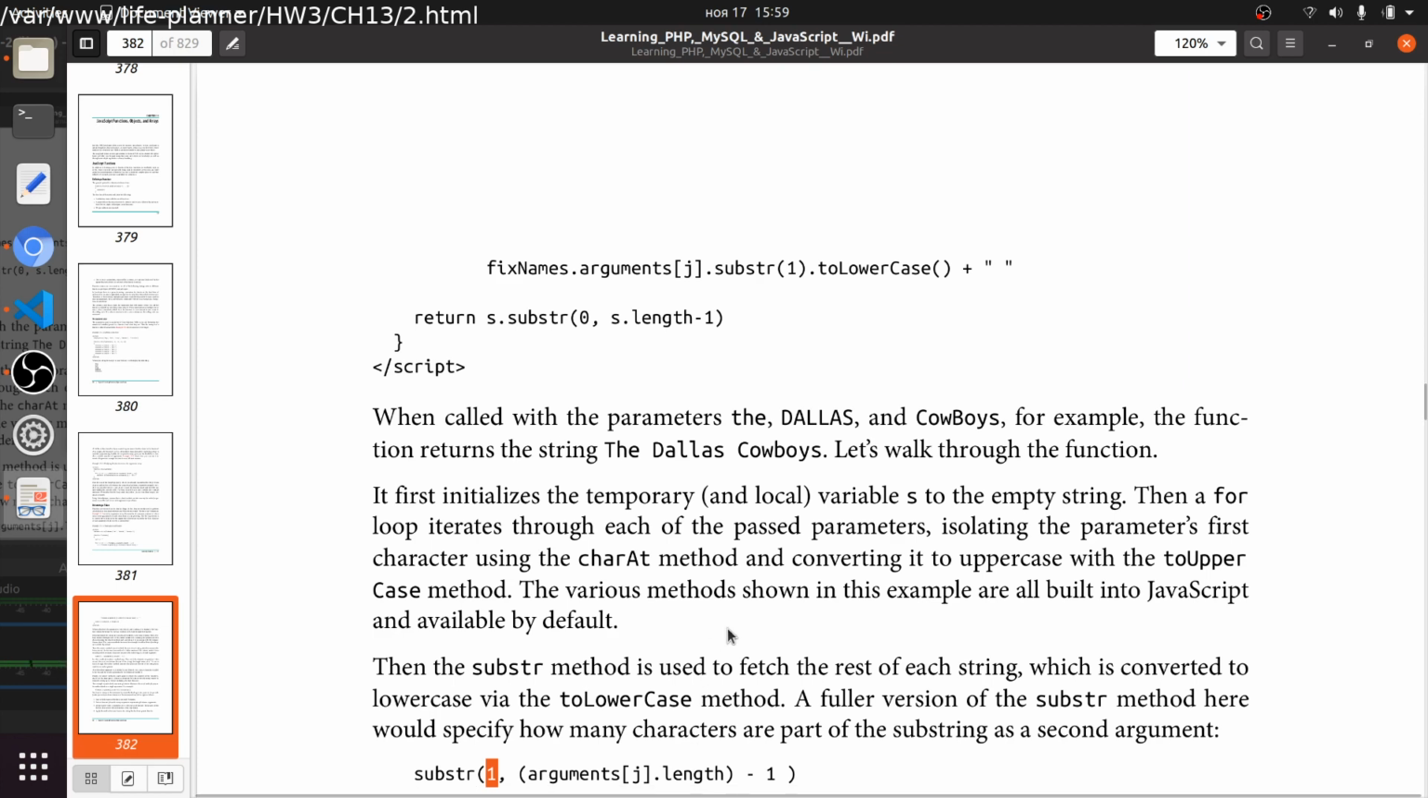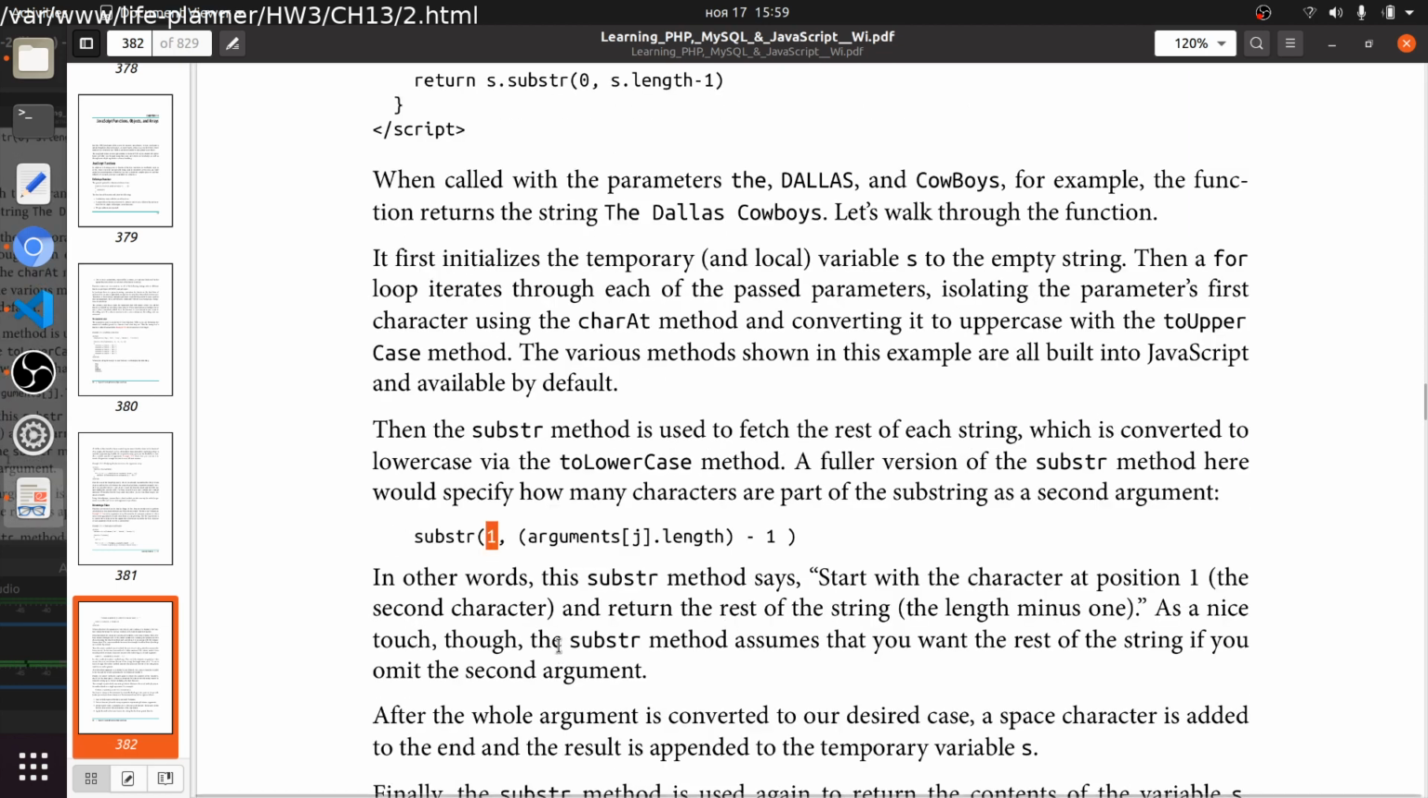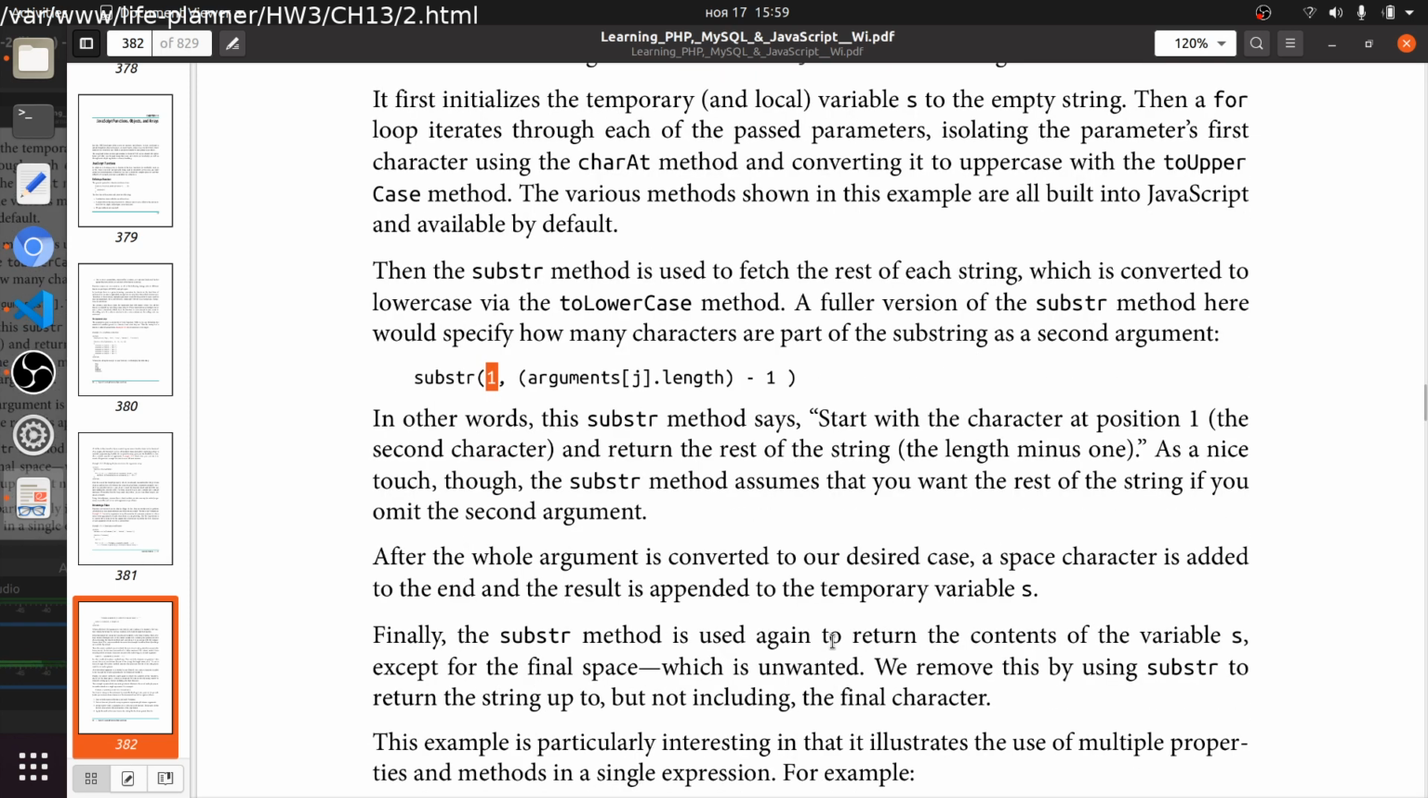Arguments, length -1. In other words, the substr method says start with the character at position 1, the second character, and return the rest of the string, at the length -1. Okay. As a nice touch, though, the substr method assumes that you want the rest of the string if you omit the second argument. After the whole argument is converted to our desired case, a space character is added to the end